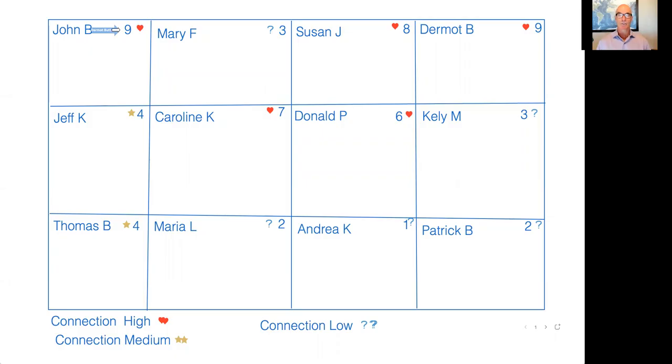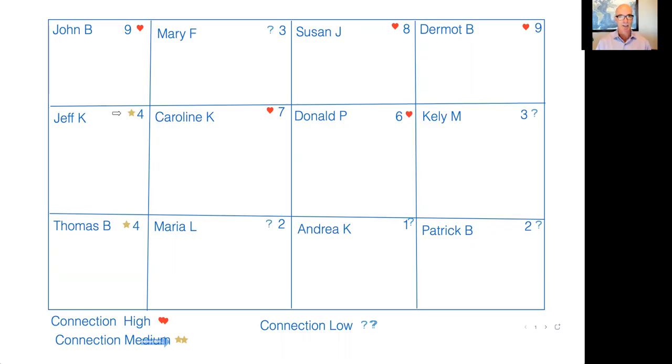Another way you can do it is you can color code it. A lot of times I will color code my charts. Sometimes I'll put them on a huge paper whiteboard in my office, which is how I did it for the art and science the last 3 years. So maybe you color code it. One way you could do it is the hearts, which means you've got a really good connection with these particular people. And then maybe for medium, you give them stars. Again, you can use any color you want. If you like blue, red, and green, you can use blue for deep connection, green for medium connection, and red for no connection, however you want to do it.